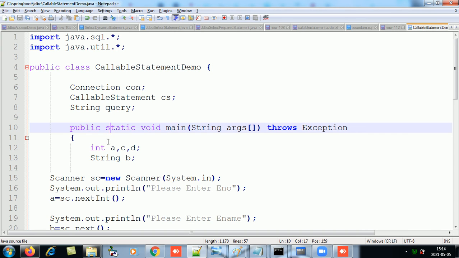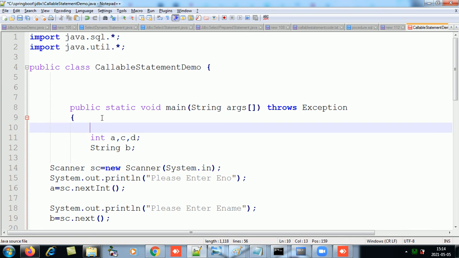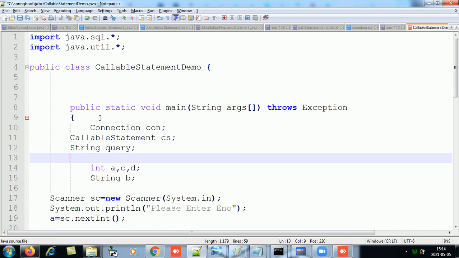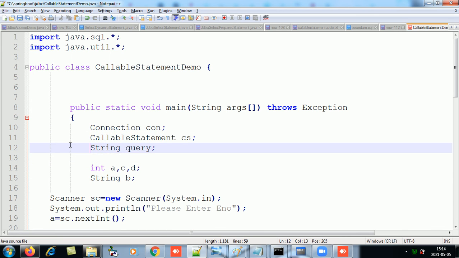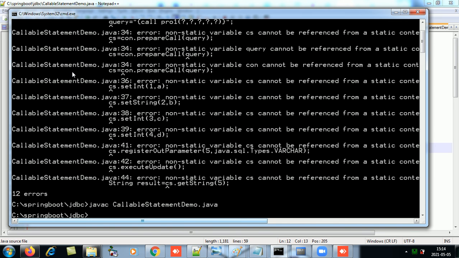As these variables are from outside the class and being accessed over here, let's better declare them inside, because a static method can access only static data. Main is static, so either declare them static over here. Done.